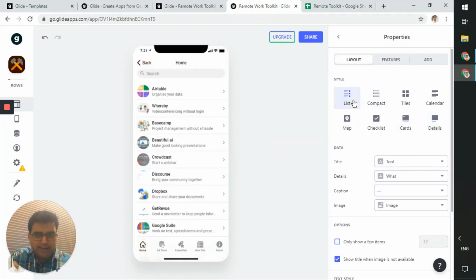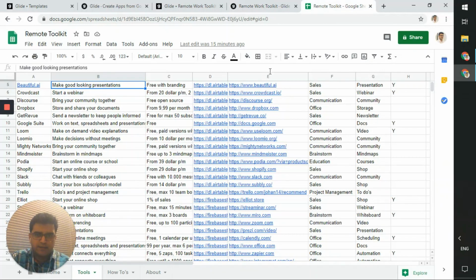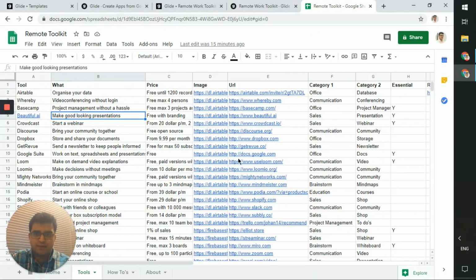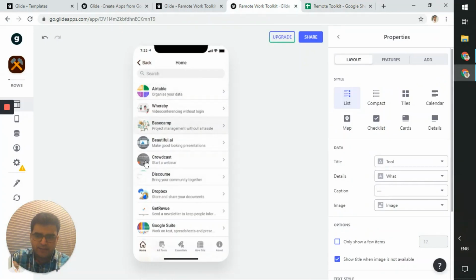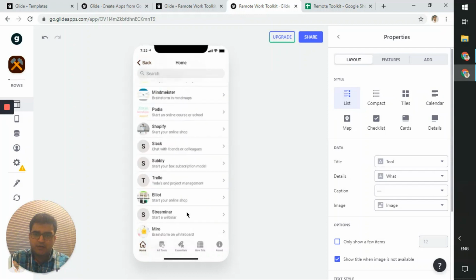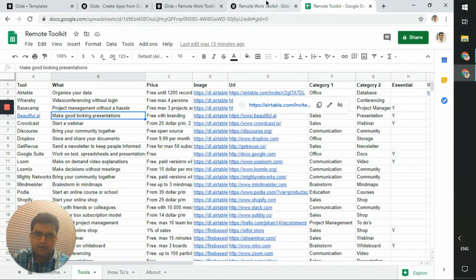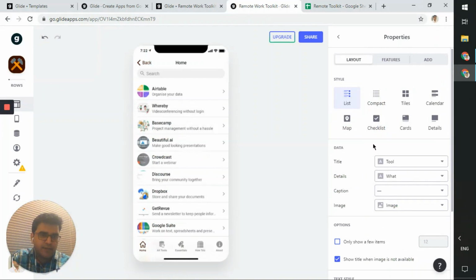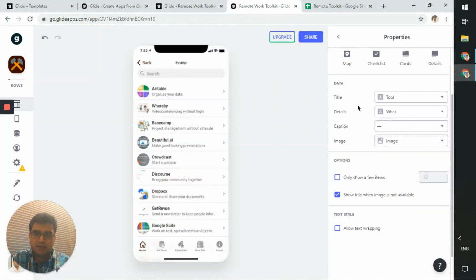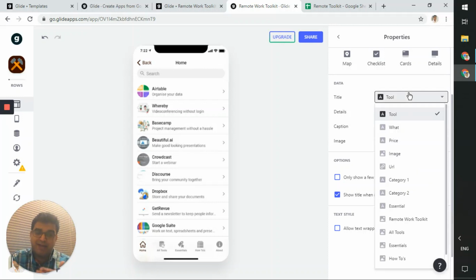So when I clicked on list, obviously it's from this spreadsheet, so it's just pulling up all the different rows, and each column is automatically pre-filled for us, so it has just decided to pick up this column, or map this column for the title of this particular